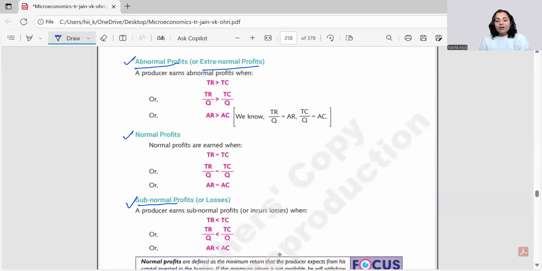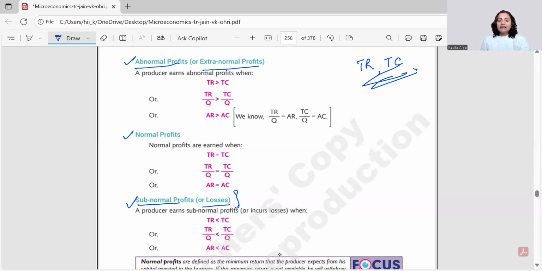And this is subnormal profits. So this word most often comes across and confuses the students that subnormal profits would also be positive in nature, but this is nothing but losses. So beware. Okay. So when we talk about the condition of profits, we have basically two terms, TR and TC,